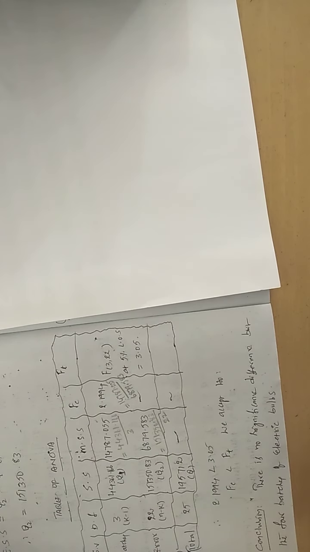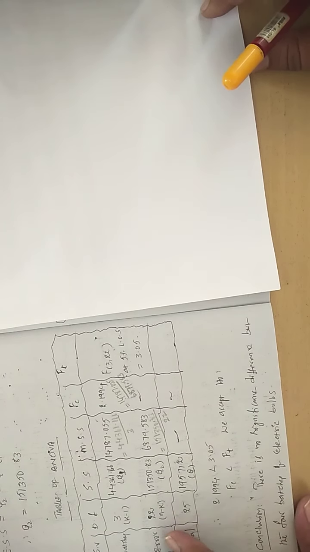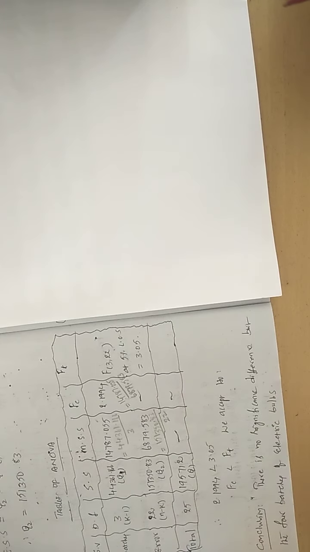So you should not say that in the first batch the bulbs have more quality, and in the second batch not that much. All the bulbs manufactured in the 4 different batches maintain the same quality, the same longevity. So this is called the conclusion. So what do we call this? The one-way ANOVA. We carried out one-way ANOVA. Now we go for the last concept of your unit 4, understanding about two-way ANOVA.